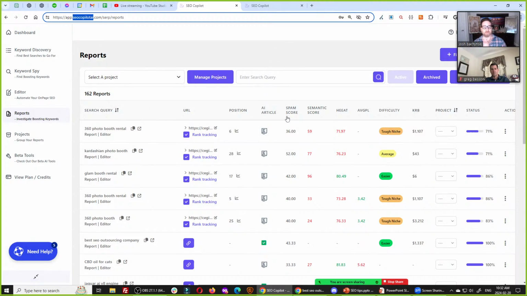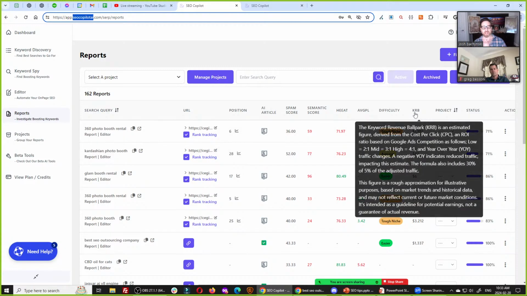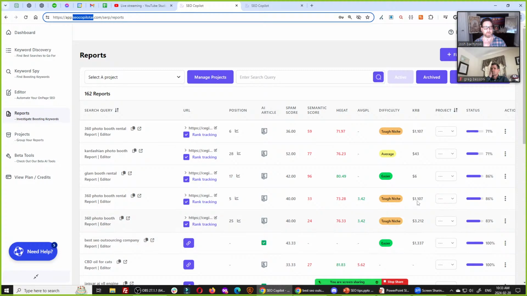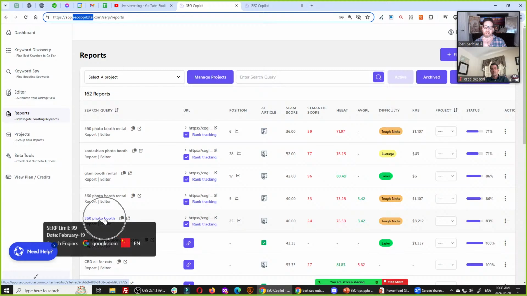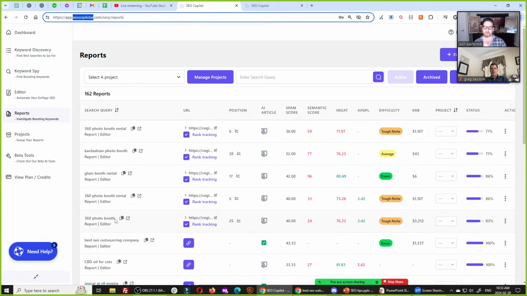So you'll see that we have all kinds of scores here. I'll get to that in a second. You can see the difficulty of what's tough or what has a keyword revenue ballpark, which is a rough estimation of the kind of money that's behind these niches. And although we're not guaranteeing you'll make $1,300 for ranking for this, and we're not in any way guaranteeing you would make $3,000 a month for ranking for this, but we are saying it is an apples to apples comparison between these different keywords in terms of the difficulty and in terms of the revenue ballpark that you could possibly make in these ones here. Okay,